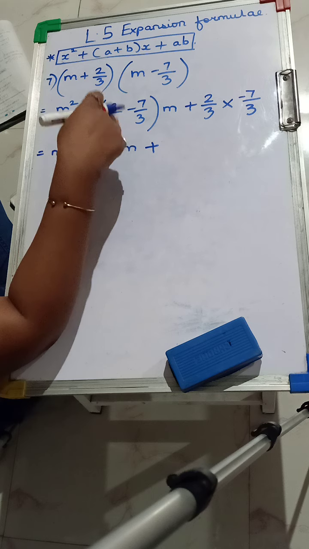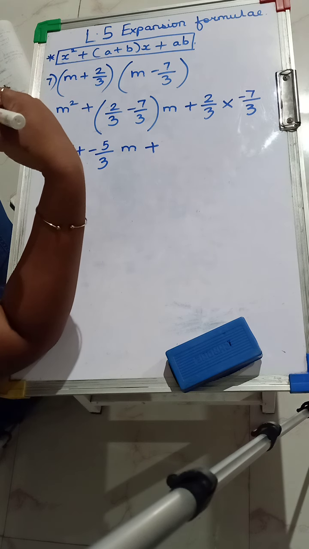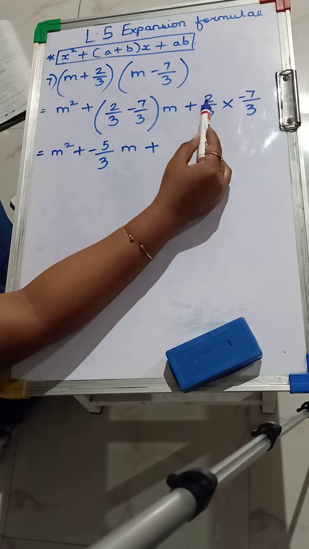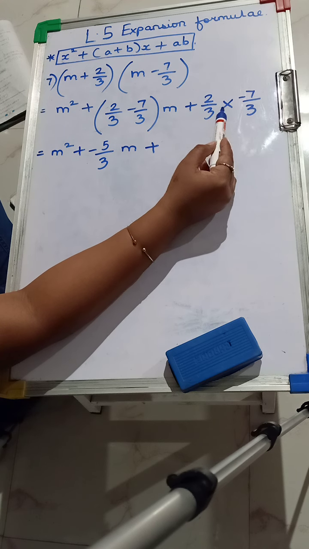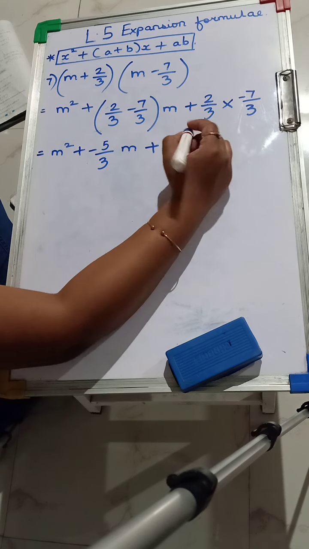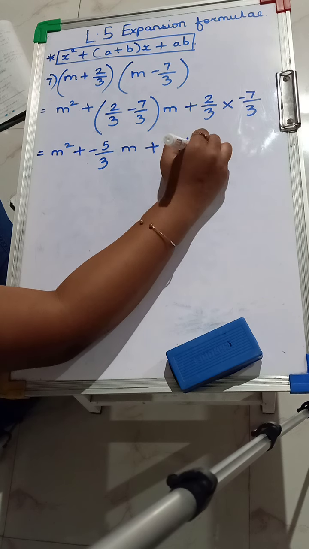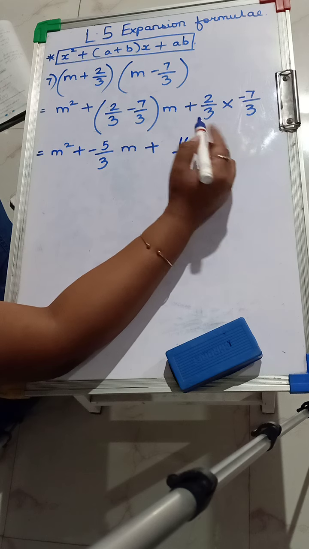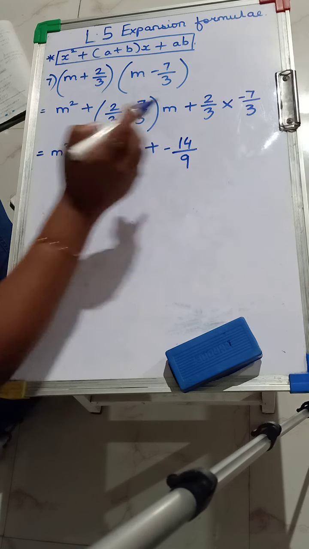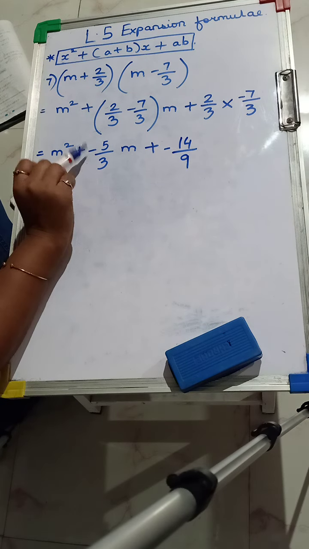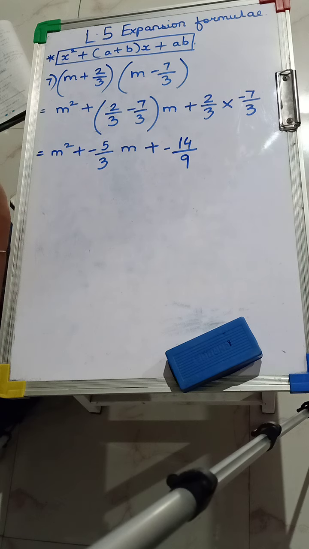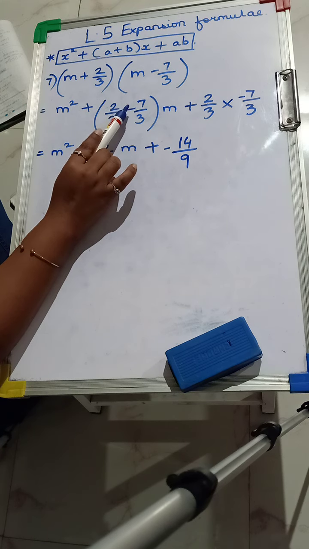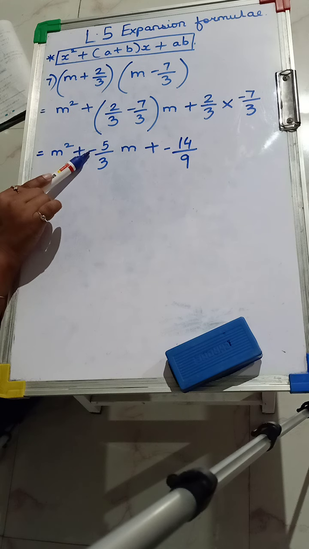In addition and subtraction, we need the denominator to be the same, that is, the denominator should be in like fractions. Here in multiplication, we directly multiply. So 7 twos give you 14 and 3 threes give us 9. But the sign will be plus, minus will be minus. Now why did we take the minus sign? Because here the greater number has the minus sign. This is addition, this is subtraction here. But the greater number has the minus sign, so we have taken minus here.